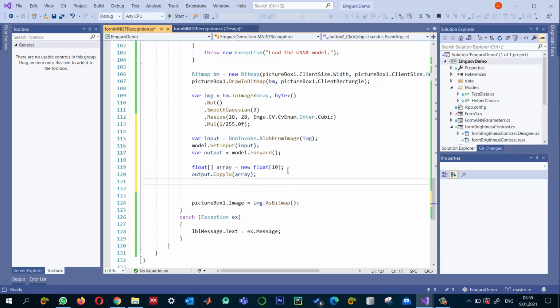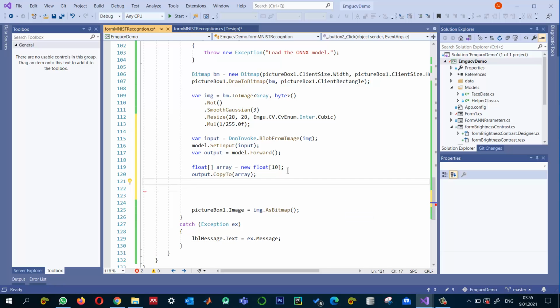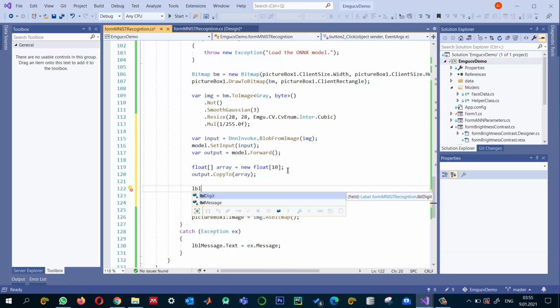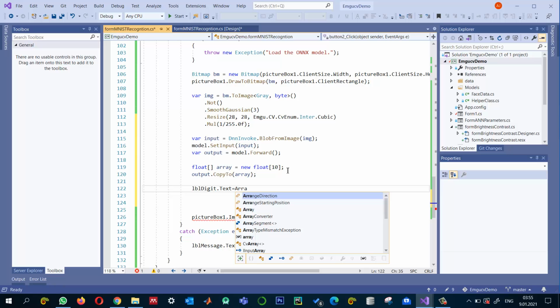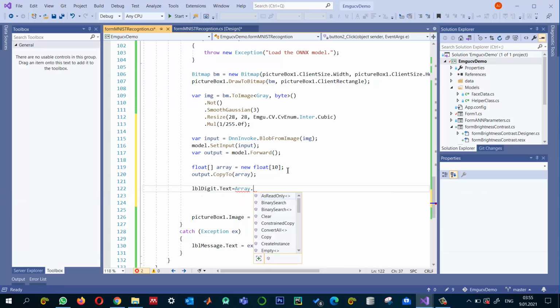And here what I can find is the maximum index, the label which has the highest score, let's say. So I can do something like this: label digit.text is equal to whatever the highest index that I have received. So we can find the highest index by using array.index of,